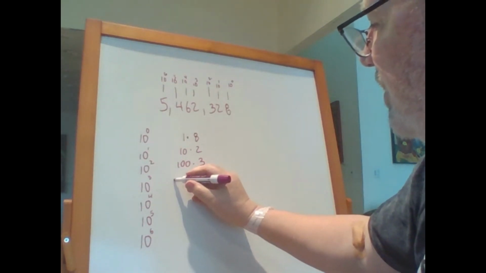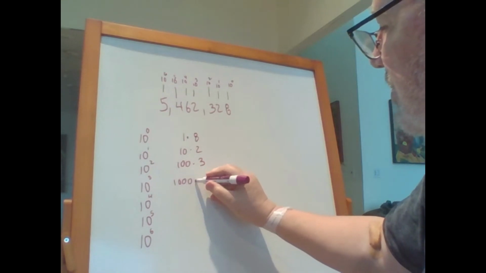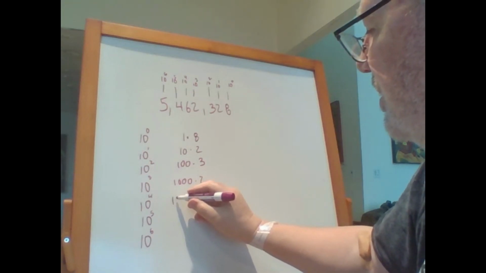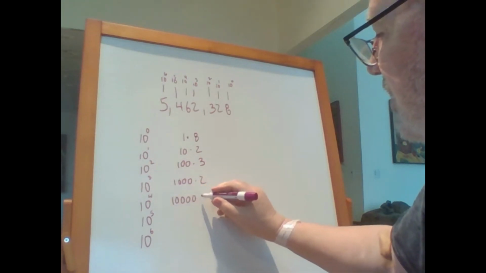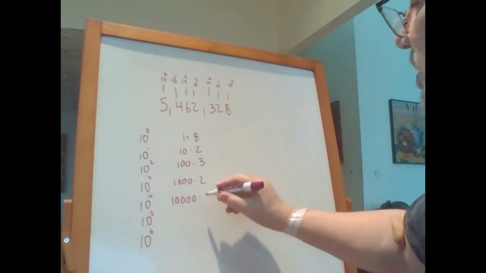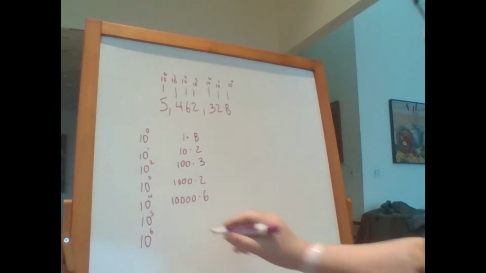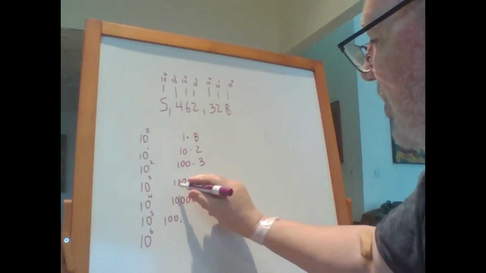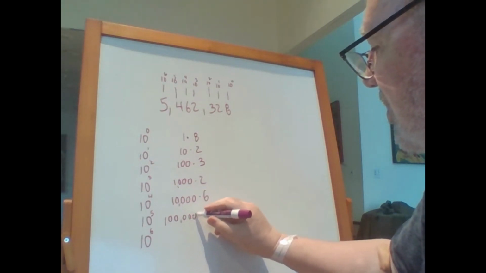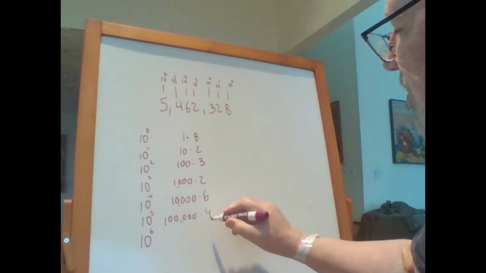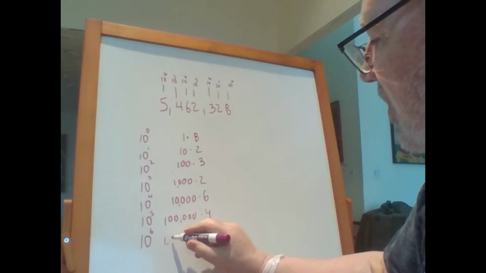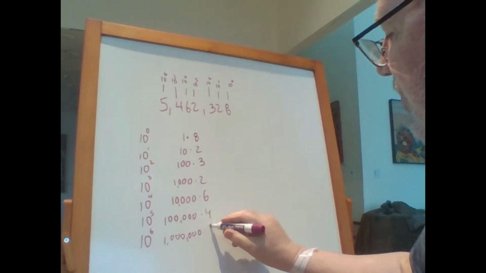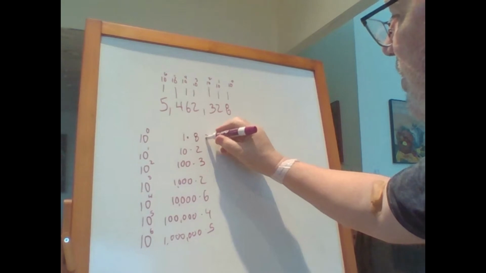Here we have 1,000 times 2. Here we have 10,000 times 6. Here we have 100,000 times 4. And here we have 1,000,000 times 5. And then what we do